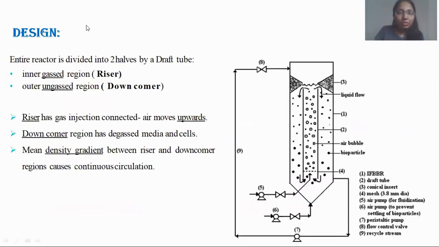So let's get started with it. Now let's see the design part. It has the riser part and the downcomer part. I will teach you how. You can see this one and these two lines over here. Actually, it is considered the draft tube. Now, actually, it is not a tube-like structure, but they are baffles that are kept over here.